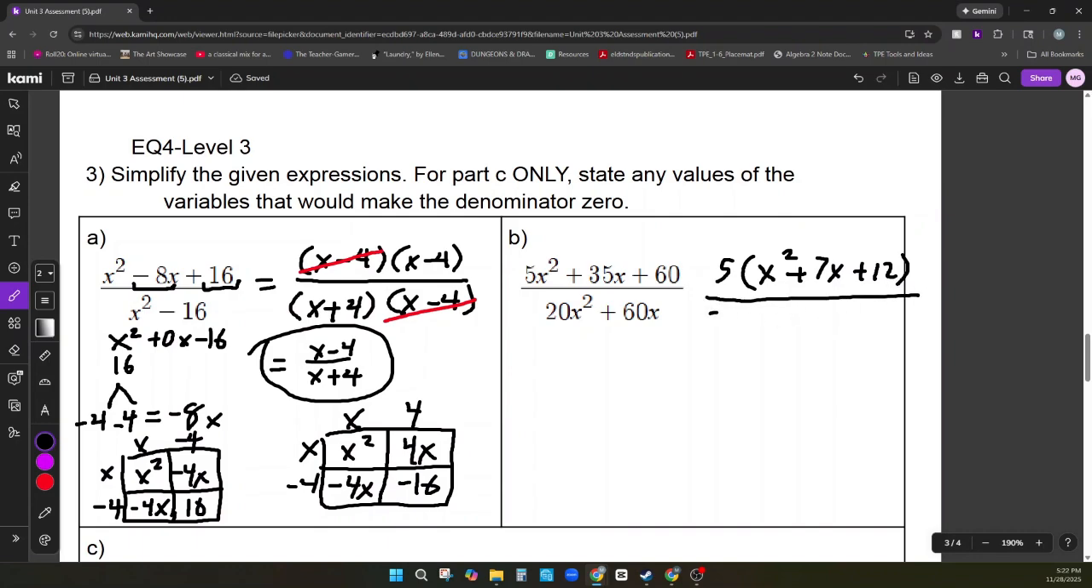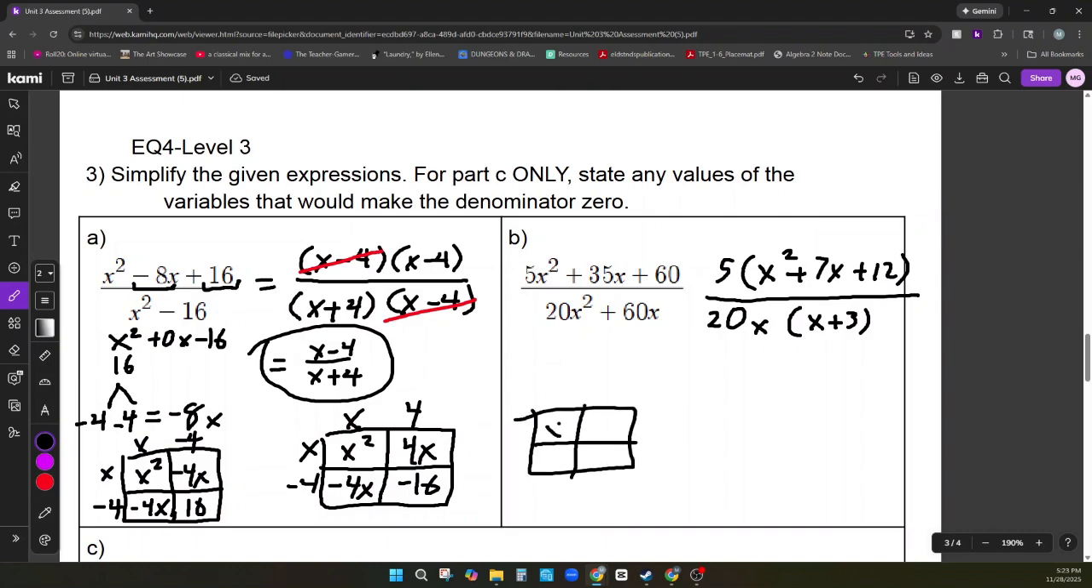Similarly, you'll notice that I have a 20 in common with both my terms. Not just a 20, but a 20x, meaning that I have x plus 3 left over here. So now that I have taken out what's in common between these two expressions, now I'm going to go about factoring. So looking at my numerator, I can factor this by doing my box,